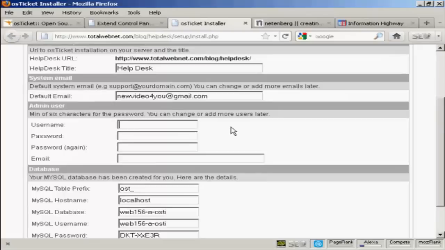Now you want to be original here so that it isn't something that people are going to be able to hack into. So it's best not to call yourself administrator or webmaster or something like that. So I'm going to call this Sam Owen,